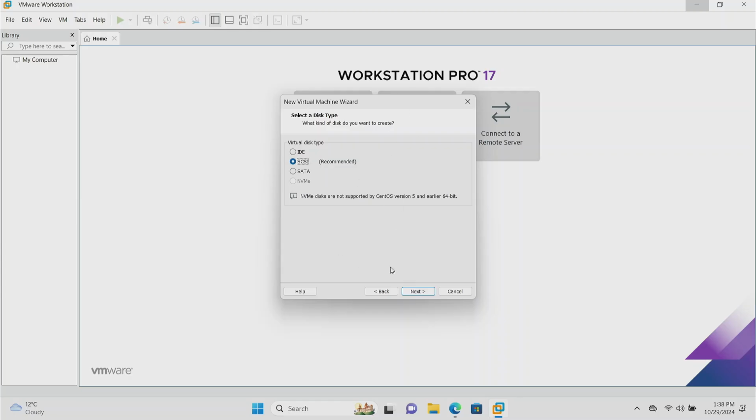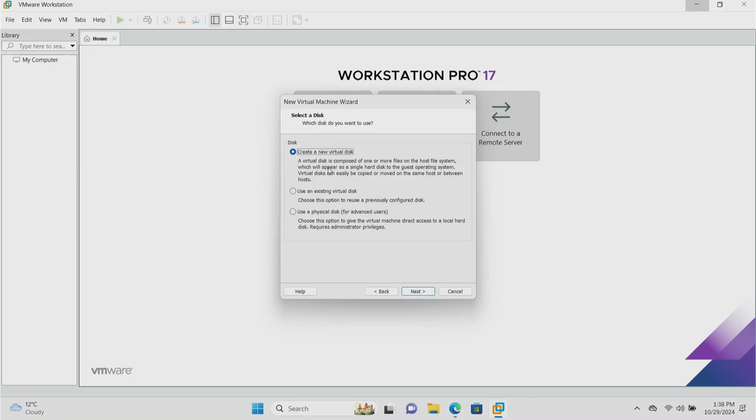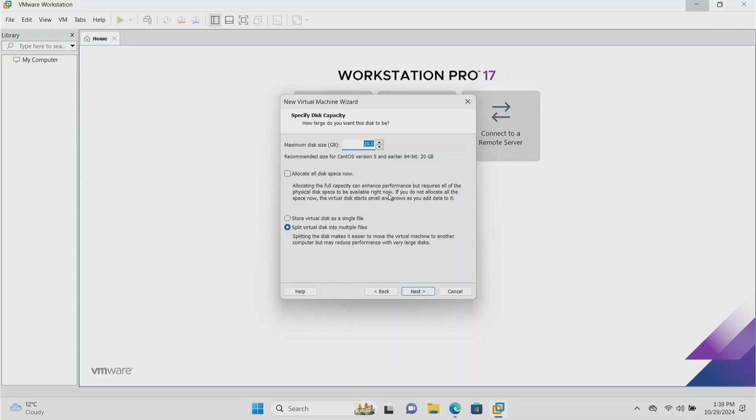And for the disk type, I will also choose recommended. If we have an existing virtual hard disk, we can make that association now with this installation. But if you don't, you can go ahead and just create a new virtual disk and identify the size that you want. For CentOS, again, this is based on a version 5 template, but you can see the requirements are really low, 20 GB. Even if I bump it up to 50, this is still arguably quite low for